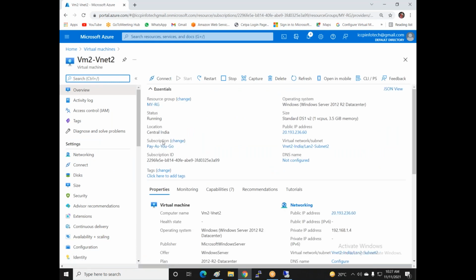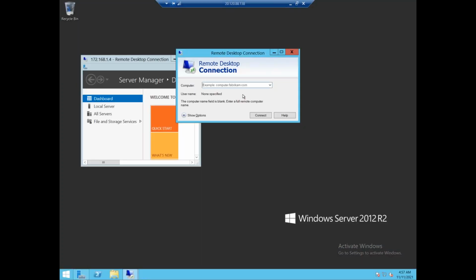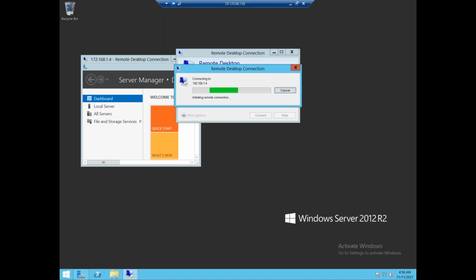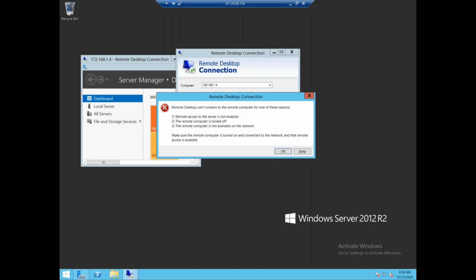The IP is 192.168.1.4 and now I click connect. It's not connected again, because at this time both machines are working in different regions. This machine works in India and VM1 is currently working in East US. That means the regions are different, so even if you enable the peering, you can't enable the peering between them.